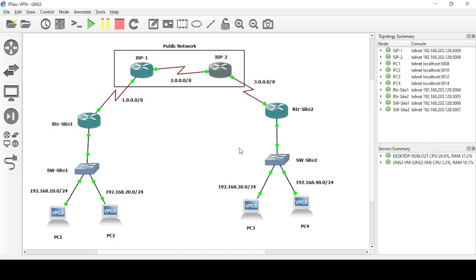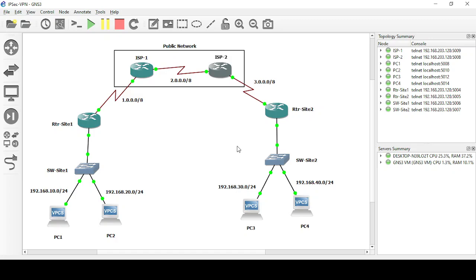The configuration of IPSec VPN is mainly divided into two phases. In the first phase, we configure the basic parameters which should be similar on both sides, like the pre-shared key and